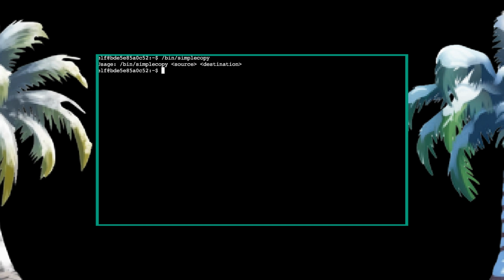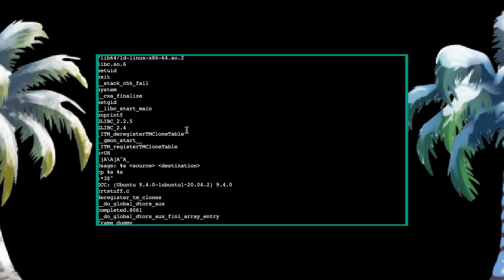Following this, we run the binary to learn what it does. As the name implies, the command's main functionality is to copy a file. We now run strings to learn a little more about this file. After running strings on the binary, we quickly identify the text for the command's usage instructions displayed earlier. Furthermore, we see this command is simply executing a basic Linux copy command, and it receives 2 arguments, source and